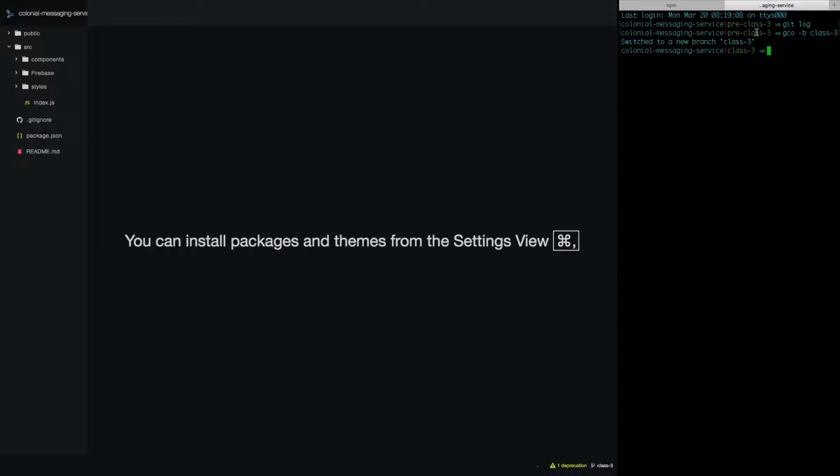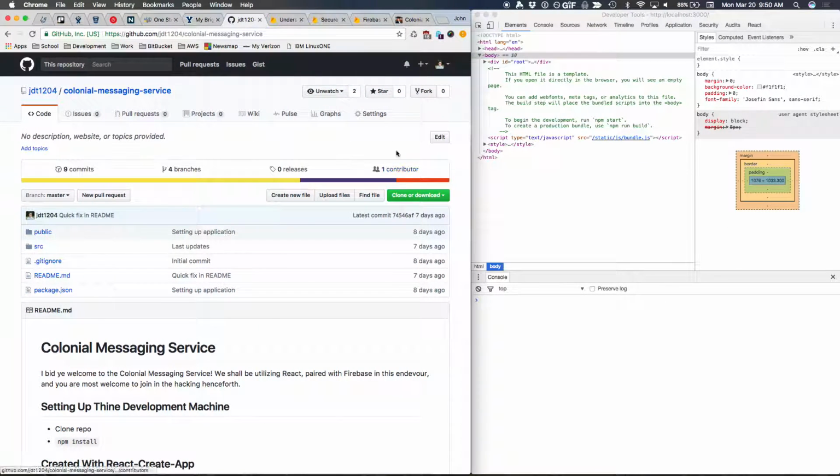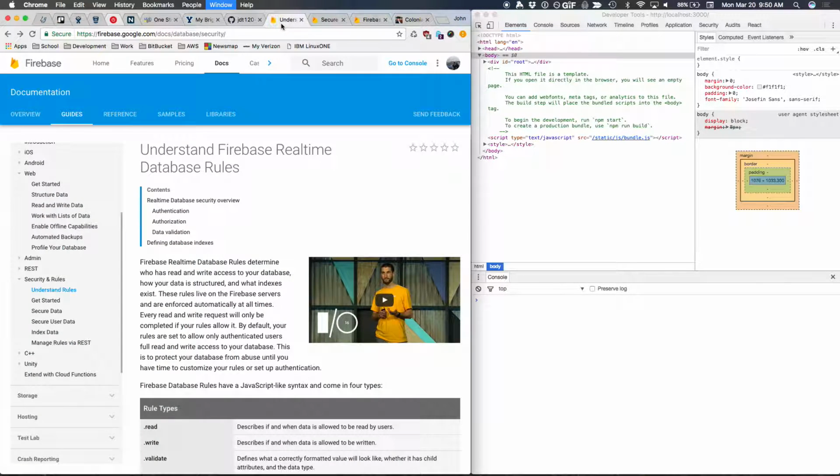So I made a new branch called class 3 off of pre-class 3. Just if we change anything, that'll be on its own separate branch just for you guys. Before we go into anything, I want to point out a couple of really great